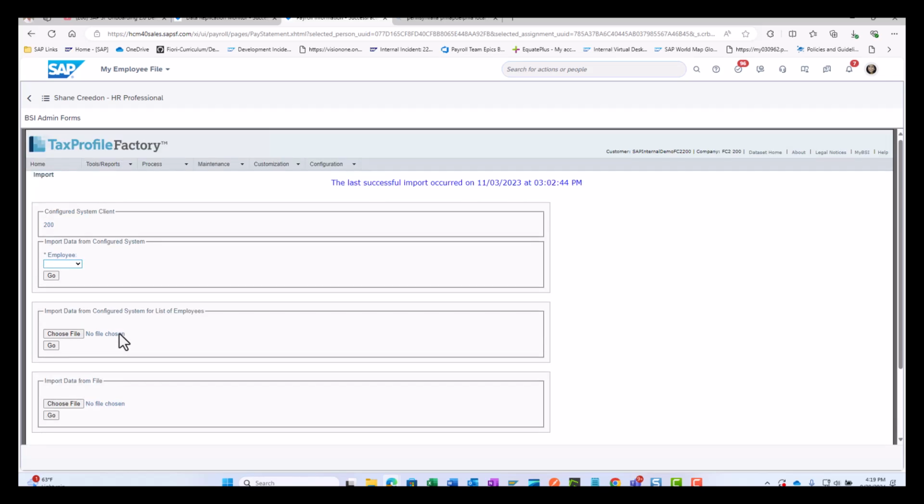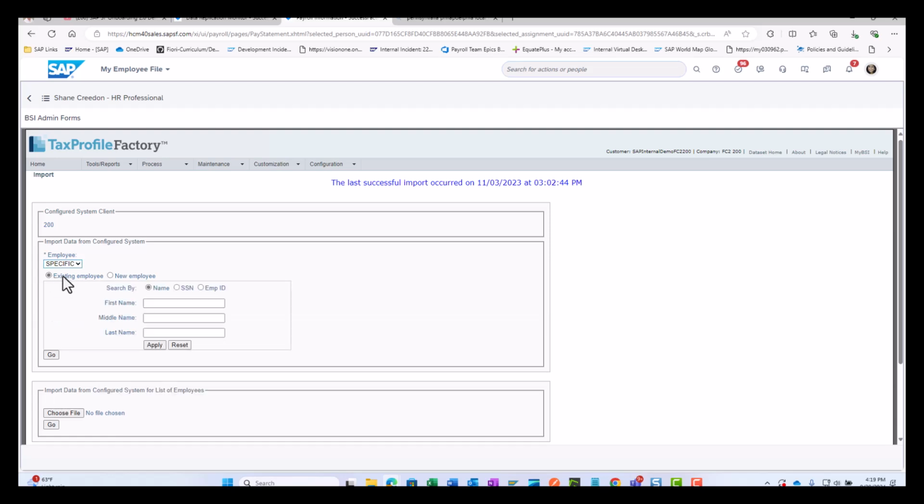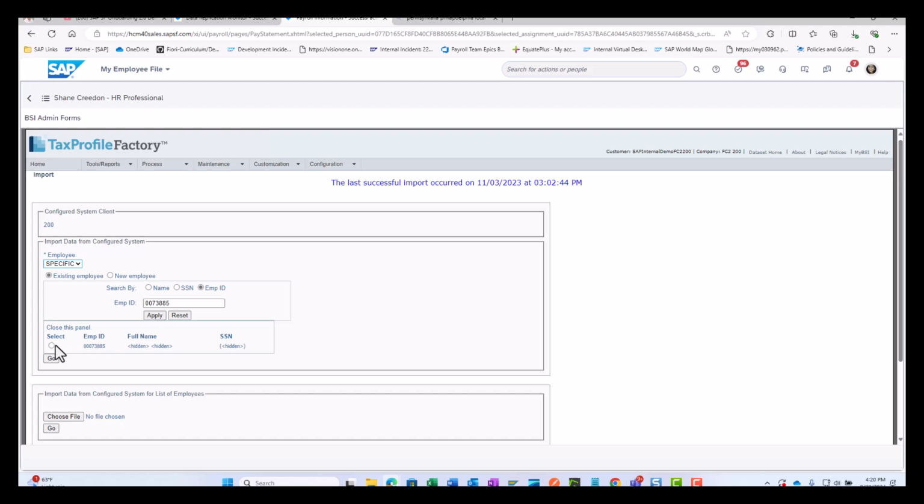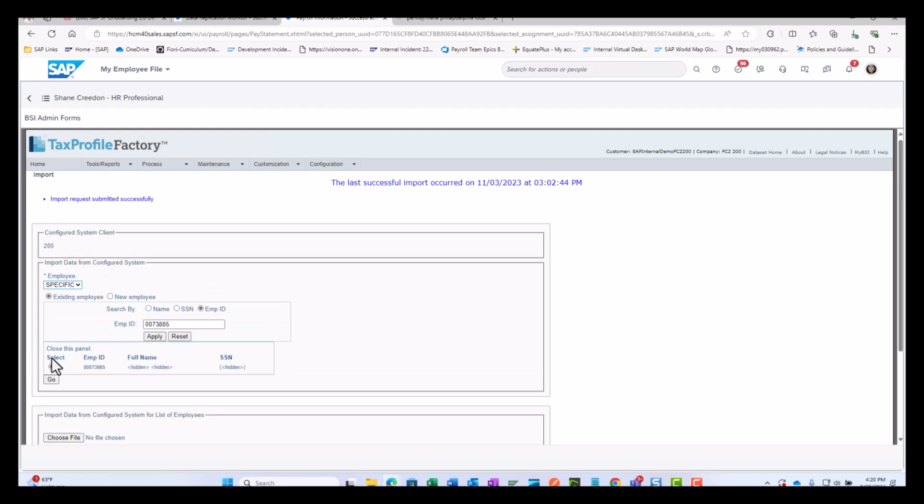We'll select the specific employee. We enter the employee ID 73885. And let's click on go. Oh, I forgot to enter the zeros. The zero has to be there because it's an 8-digit number. Once we enter zero and click on apply, we find this employee, Jeff Hill, 73885, and it says